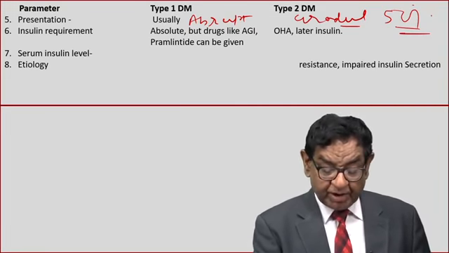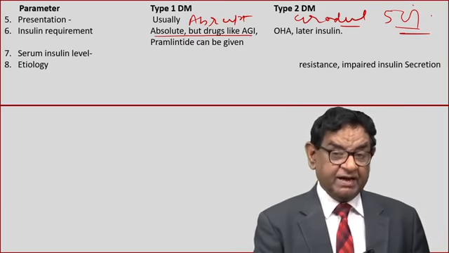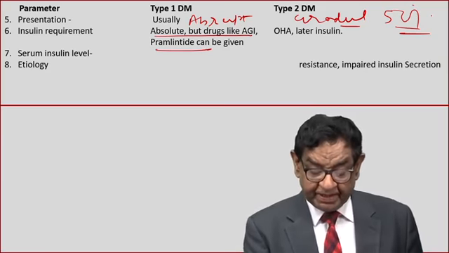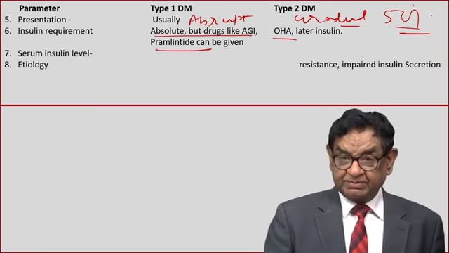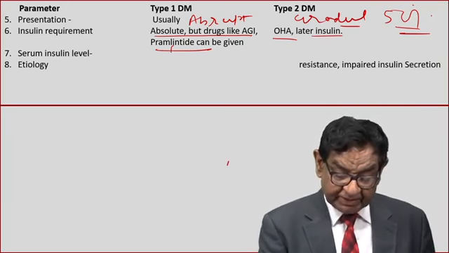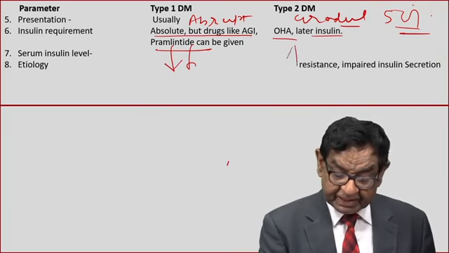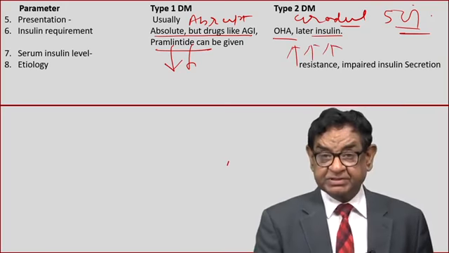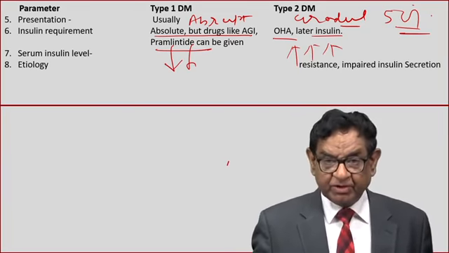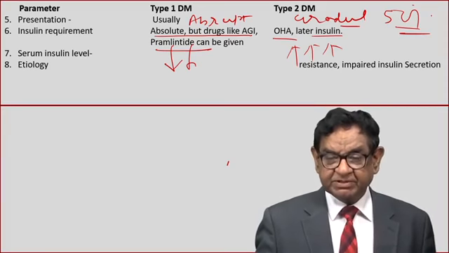Treatment: insulin requirement is not absolute, but drugs like alpha glucosidase inhibitor, pioglitazone can be given. Here we can give oral hypoglycemic agents and insulin comes much later on. Serum insulin level is highly increased, a state of hyperinsulinemia, initially at least. In the very advanced stage here also insulin level may go down, but initially serum insulin level is very high